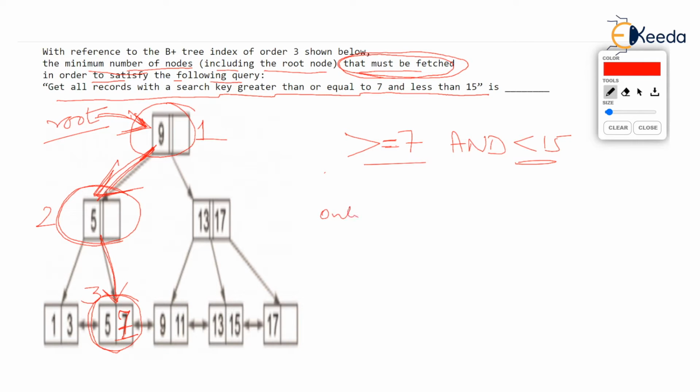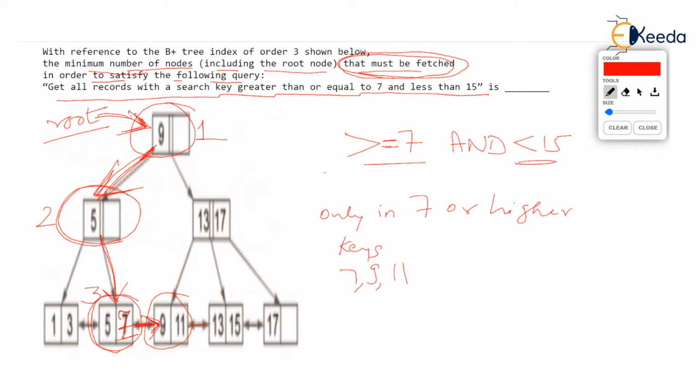We were interested in 7 or higher. So what we do, we use the property of B plus tree, and we know that the node which I have encircled, the leaf, is already connected to the next node using a pointer, isn't it? You know all leaves are at the same level, that's why it is balanced, and leaf nodes are connected using a pointer. So once we reach the next leaf, which I am encircling, we will get 9 and 11. So we know the keys are 7, 9, 11, and then we again use the next pointer.